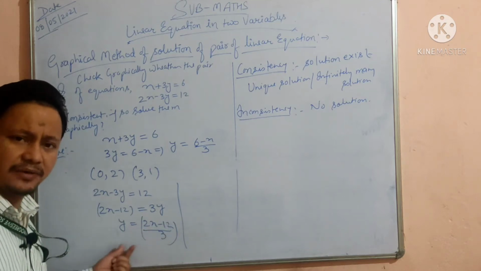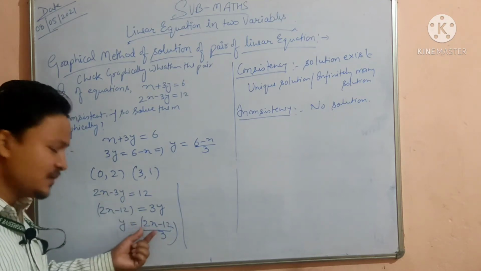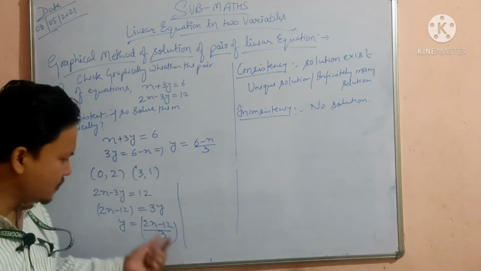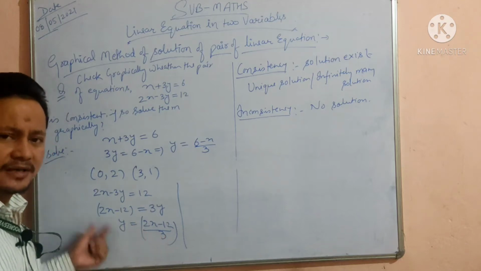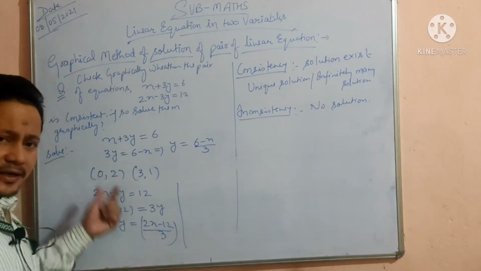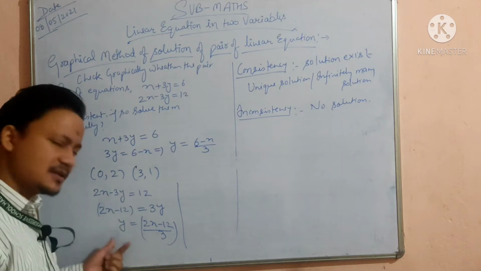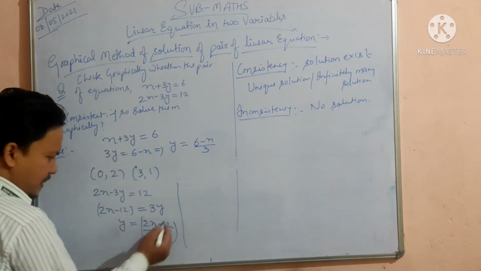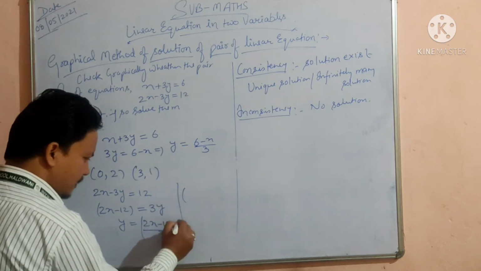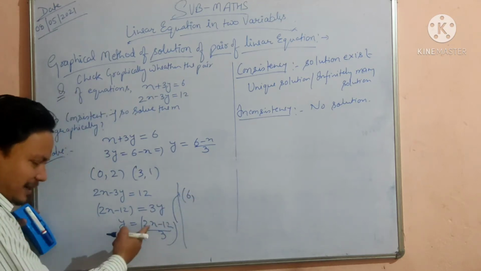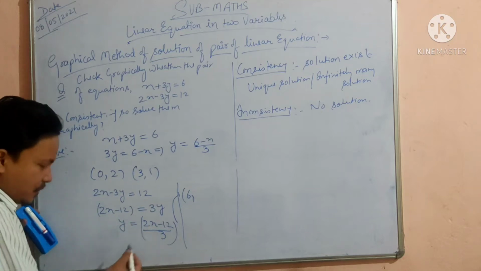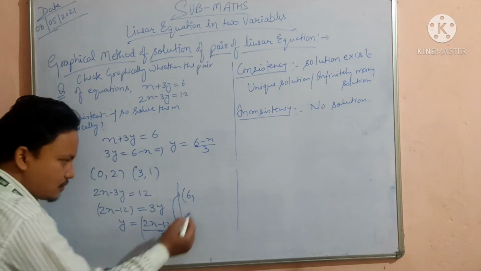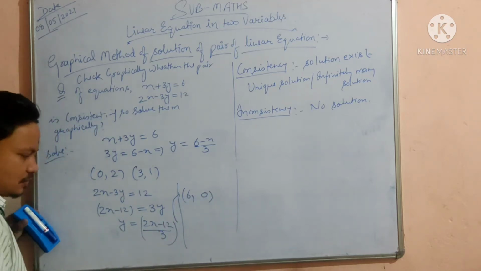Find the value of y in terms of x and a constant from the equation first, and then substitute the values of x differently, like 0, 1, 2, 3, whatever you like. The choice is yours, because x is the independent variable and the value of y depends on x. If you get 2 or 3 points, I think that is enough to plot the graph of any curve. Now see, if you put 6 in place of x, why did I choose 6? Because I know that 2 times 6 is 12, and 12 minus 12 is 0, 0 upon 3 is 0. So ultimately we get the value of y is 0.